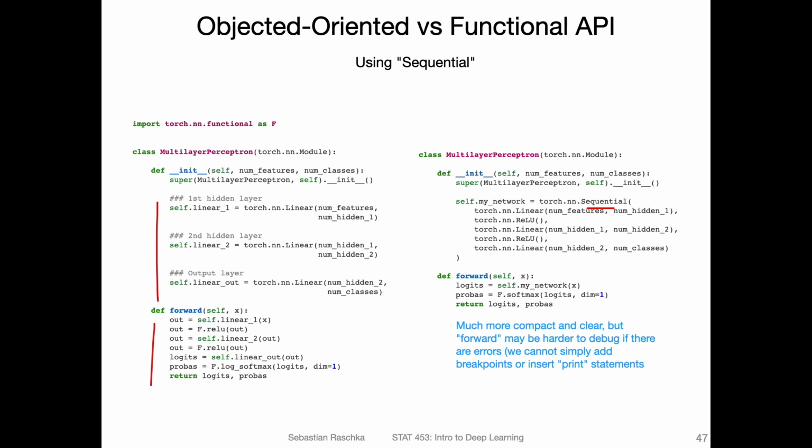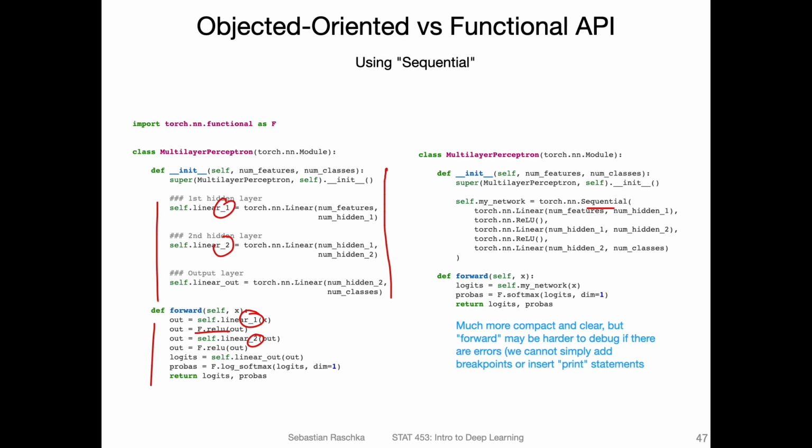I really like this because it's very compact, even though it's using this object-oriented API. On the left, we define the parameters, and then we have to memorize in what order we use them, and then here we call them. See that? Here I have linear 1, linear 2, in the same order. If you have a deep neural network with 20 layers or something, it's easy to make an error and copy and paste some values out of order and make mistakes.